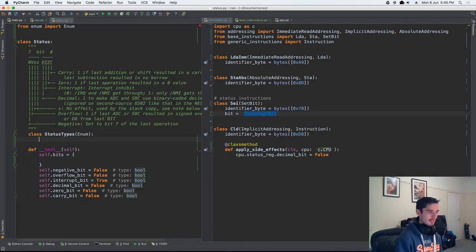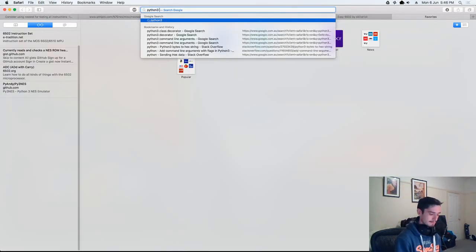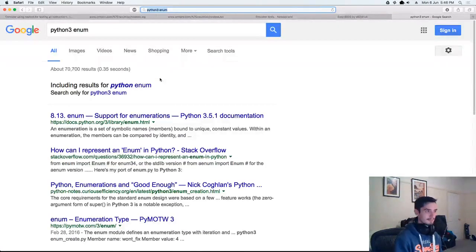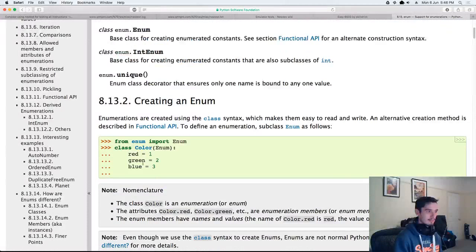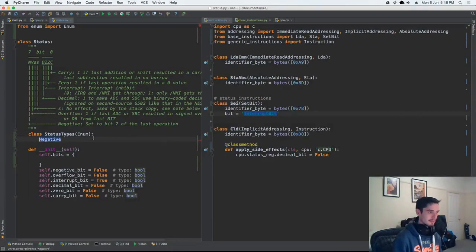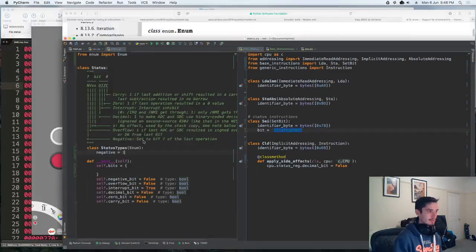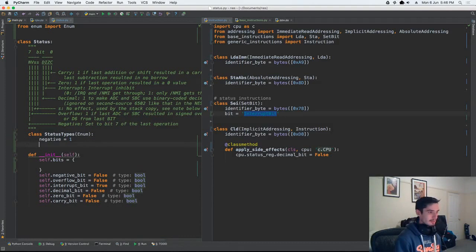Alright, so you've got your status types. So let's say that we've got negative. How do you define an enum in Python 3? Boom. Enum. Red, green, blue. Okay, I can't have capitals. Do I need to say equals 1? Equals 1. Okay. So we've got a negative, we've got overflow,